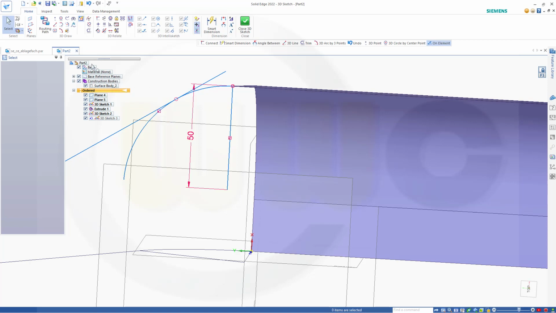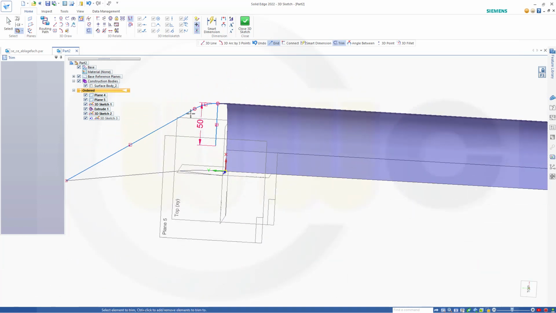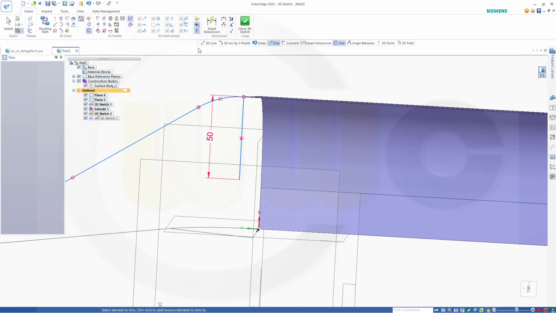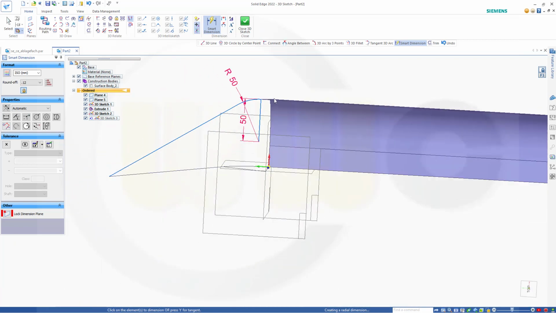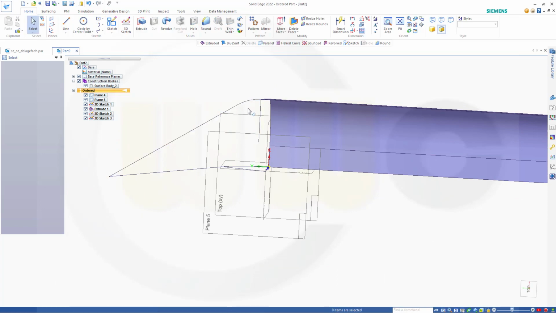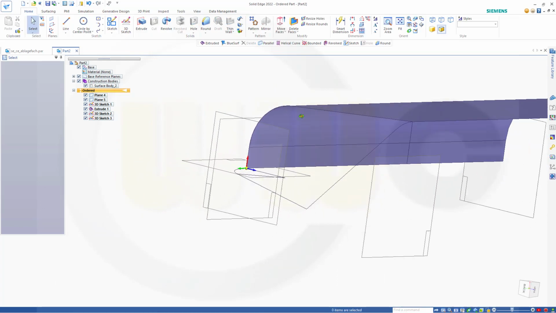Let's see if we can trim this. Where's the trim command? There it is. I want to trim this here and that here. Great. And maybe add here the radius, just in case. Okay, close that 3D sketch, and now I want to go